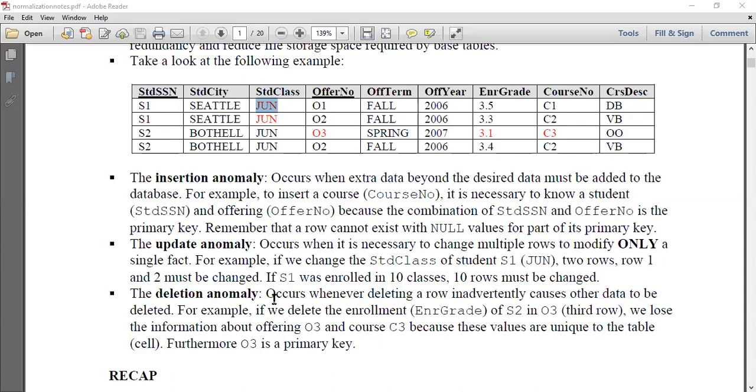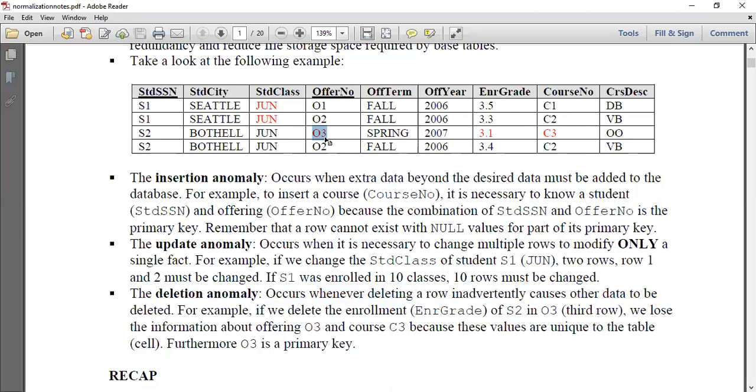Next, coming to the deletion anomaly, it's the same thing. Now I want to delete the enrollment grade for S2. Let's say the enrollment for S2 is this one. If I want to delete this 3.1, what will happen? Not only this part will be deleted, but you also have to delete the details of student S2, and you also need to delete this offer number, because the offer number is associated.